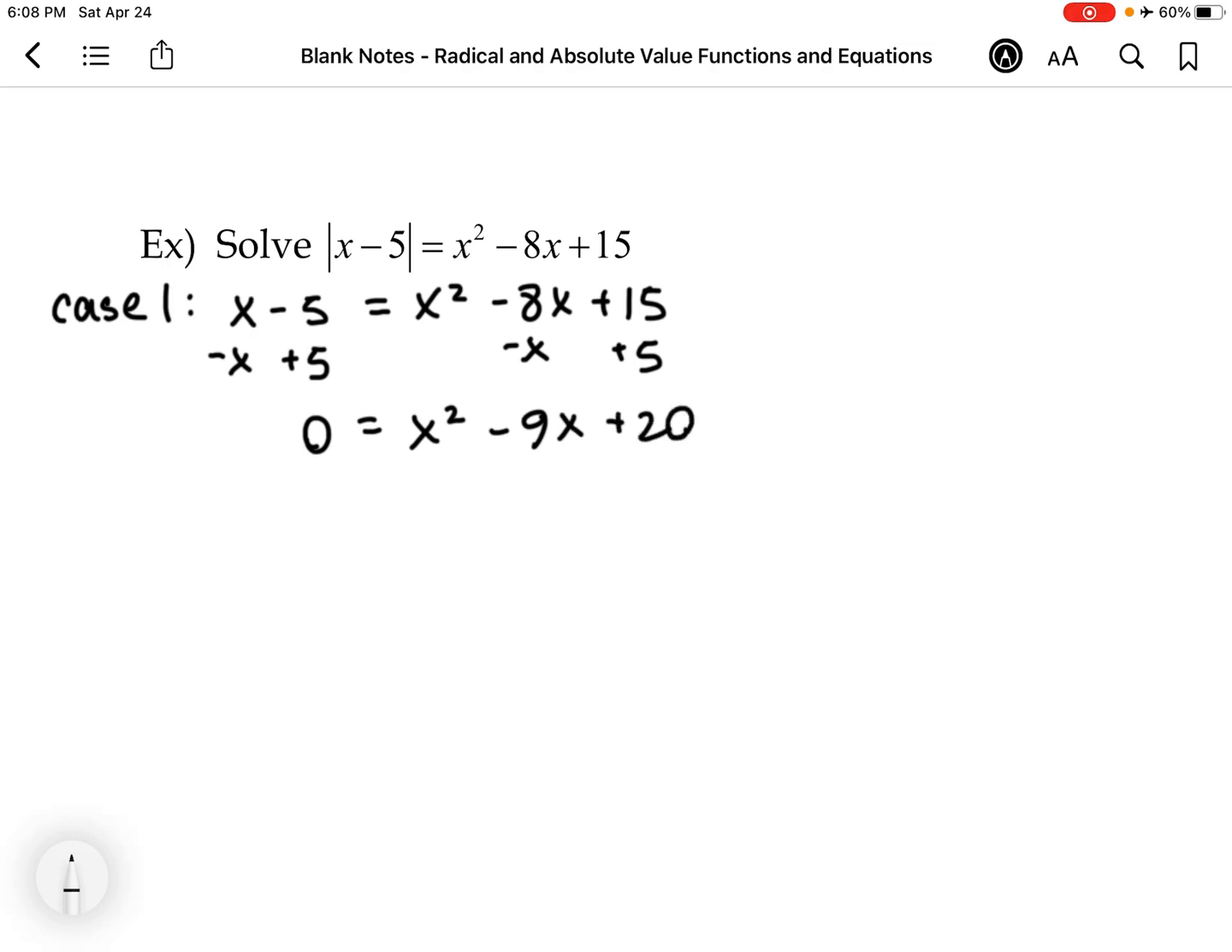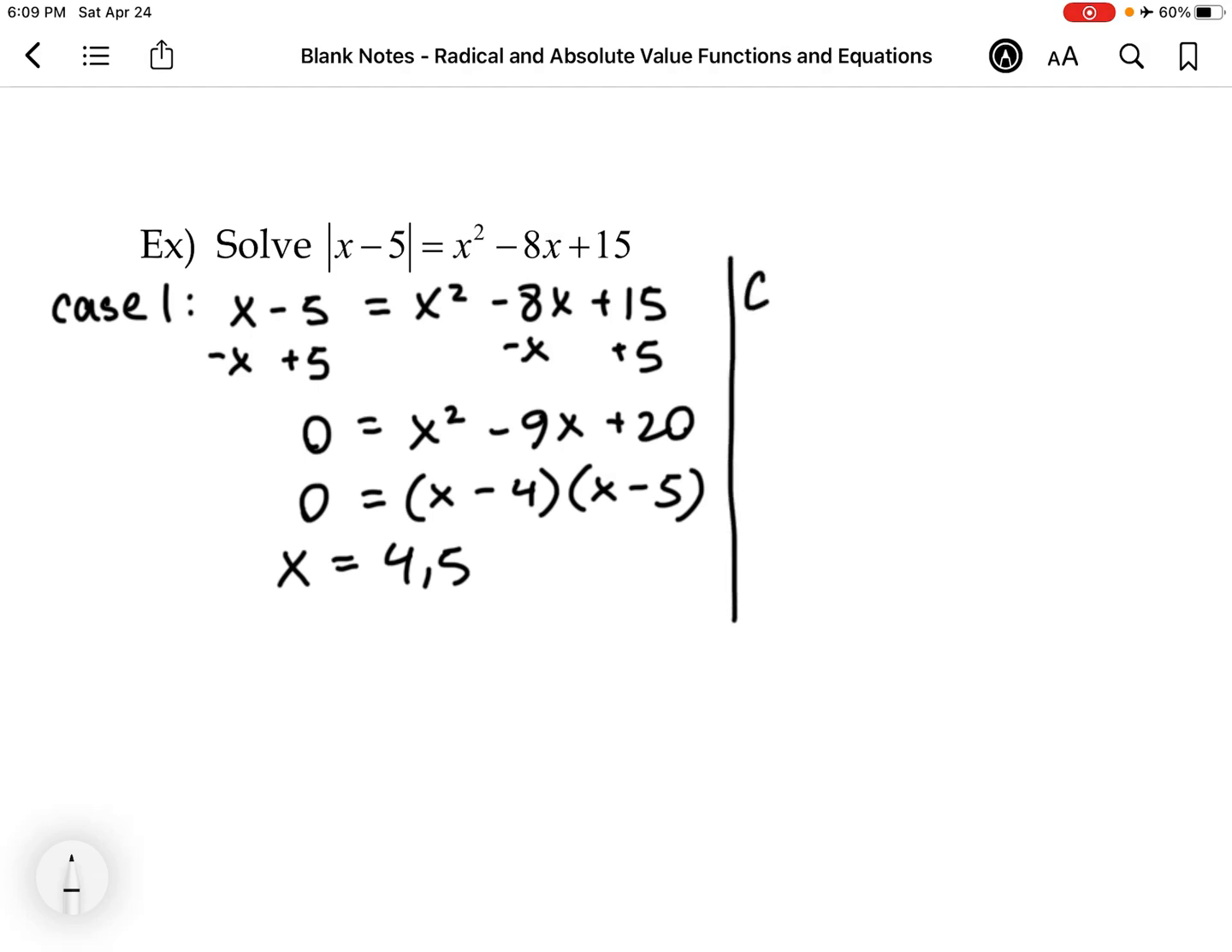And this thankfully factors because we're looking for two things that multiply to 20 and add to negative 9, and that would be negative 4 and negative 5. So our solutions from case 1 are 4 and 5. Okay, of course these need to be verified. Case 2,